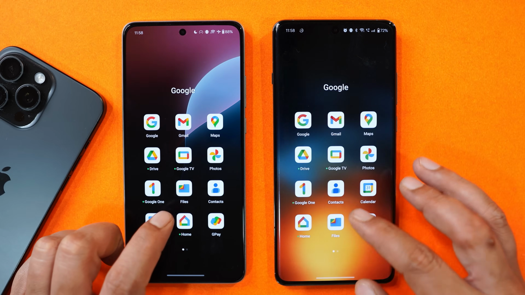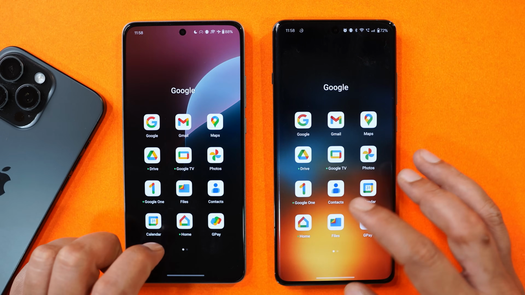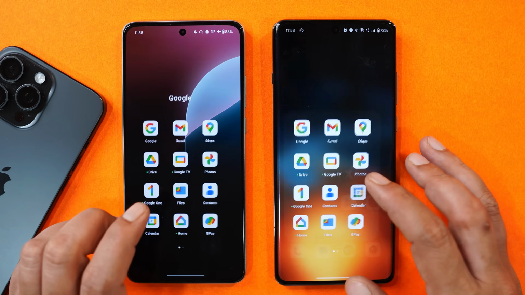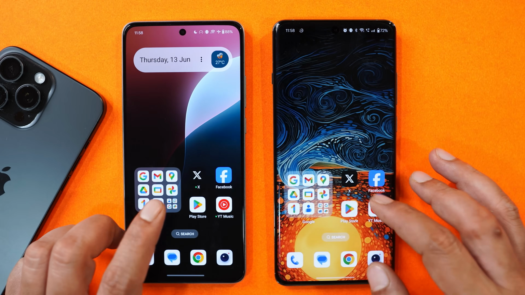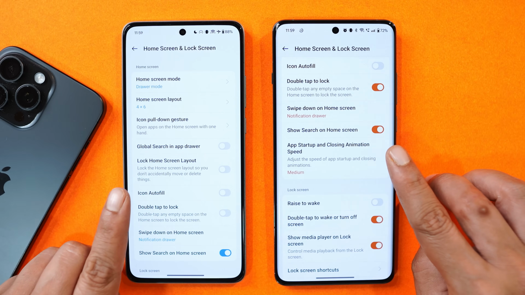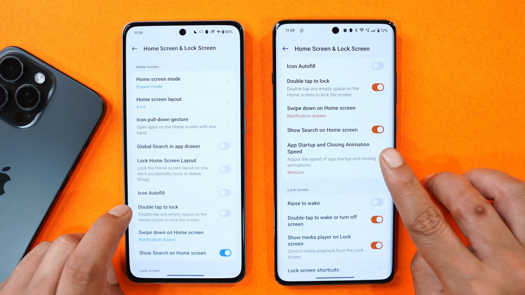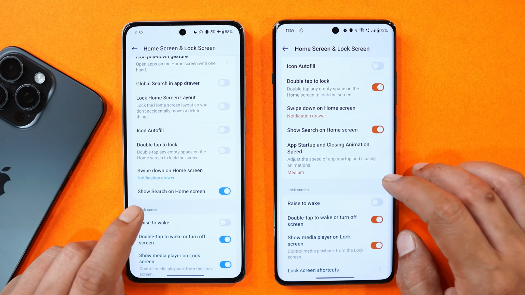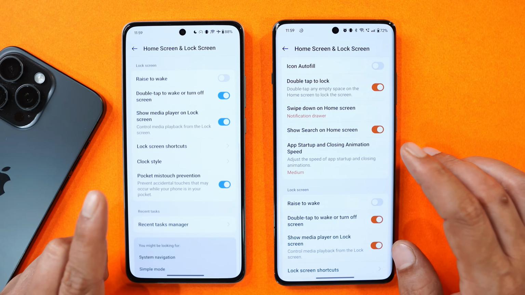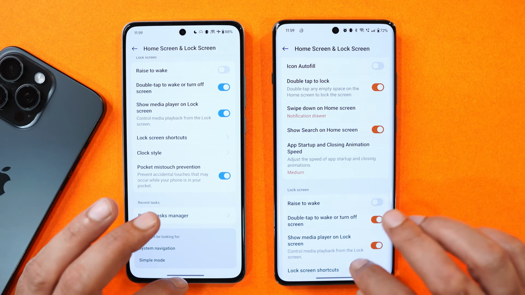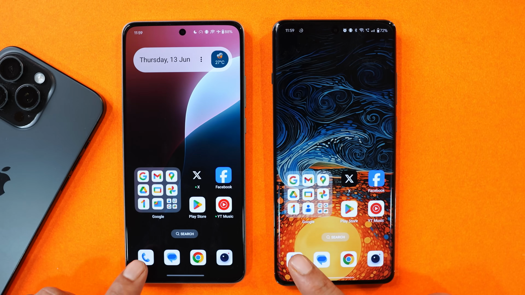On OnePlus 12 the transition is quite slow, but the transition on OnePlus Nord CE is quite faster, and this thing is everywhere in the entire UI. And also if you see here in the launcher settings, there is no option to set the speed of app startup and closing animation, which is seen on other OnePlus smartphones. So when it comes to the animation part, I would say still Nord CE 4 did not have that proper